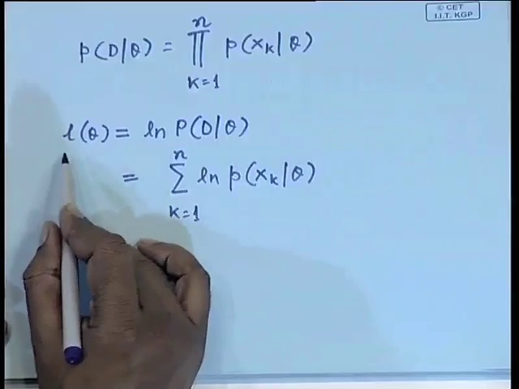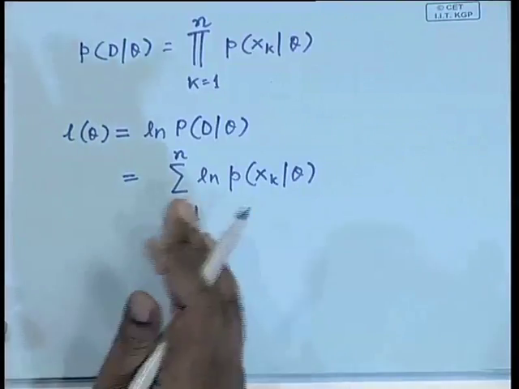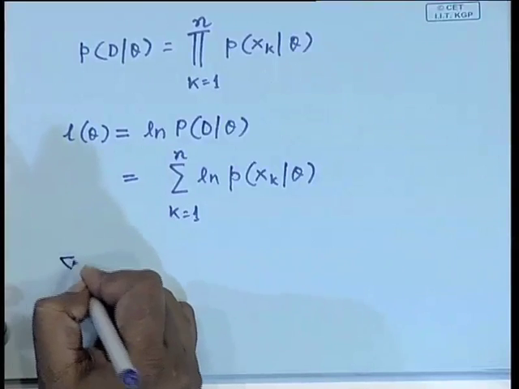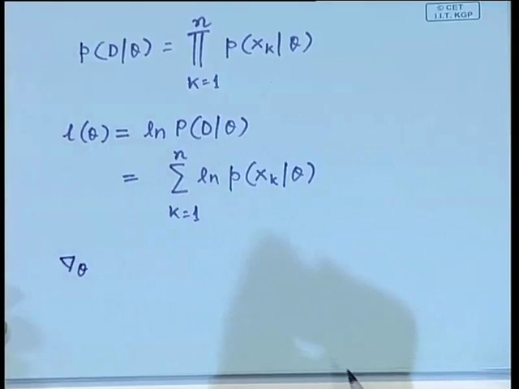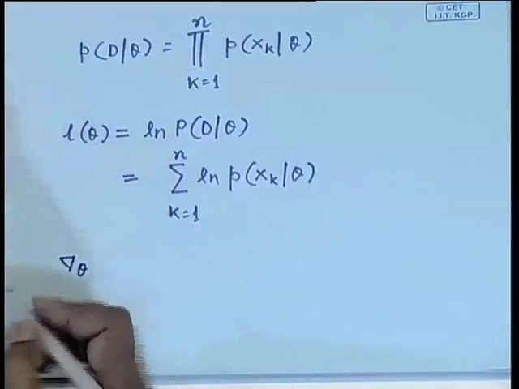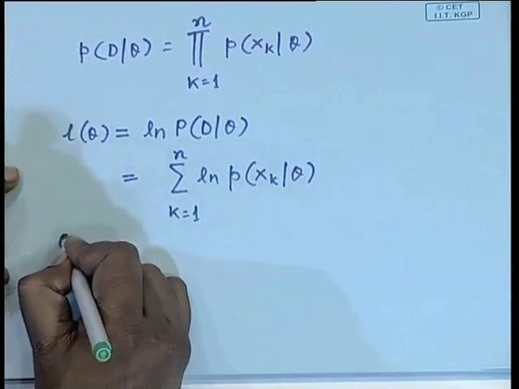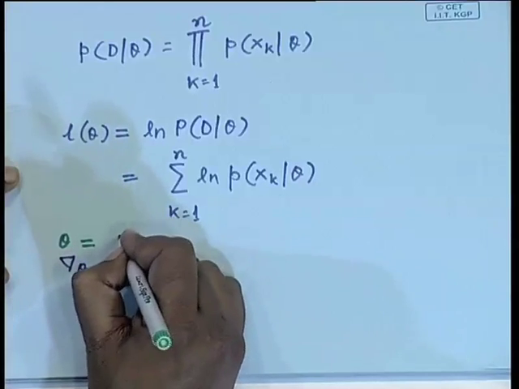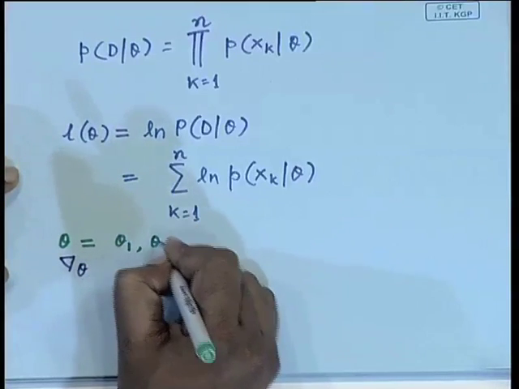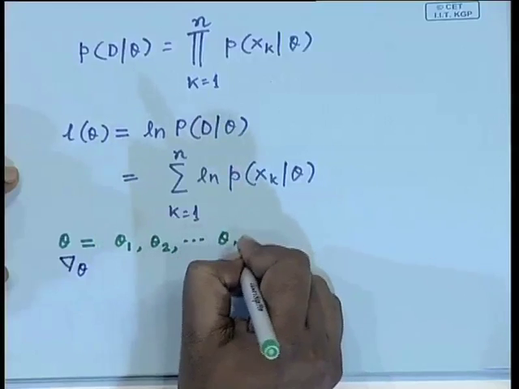of differential calculus. Okay. So, I have to differentiate this L theta and equate that differential to 0, because here theta is a vector. So, instead of simple differentiation, I have to take the gradient. Okay. So, I have to take grad theta, the gradient with respect to theta, and if this theta has got say p number of components, given as theta 1, theta 2 up to say theta p,